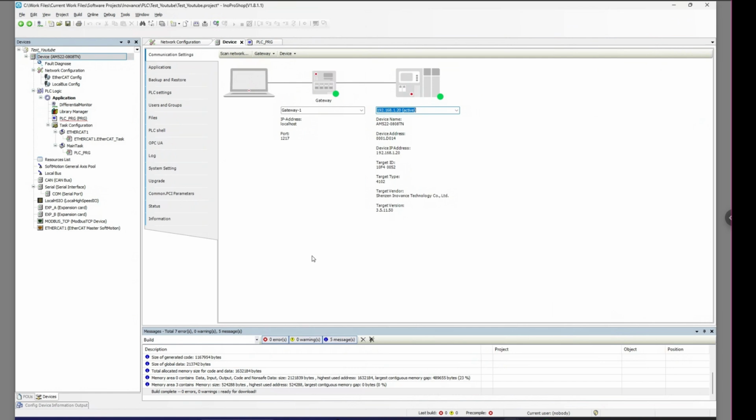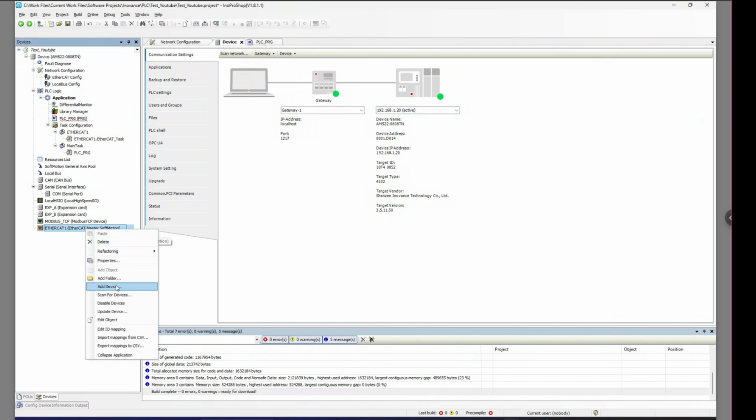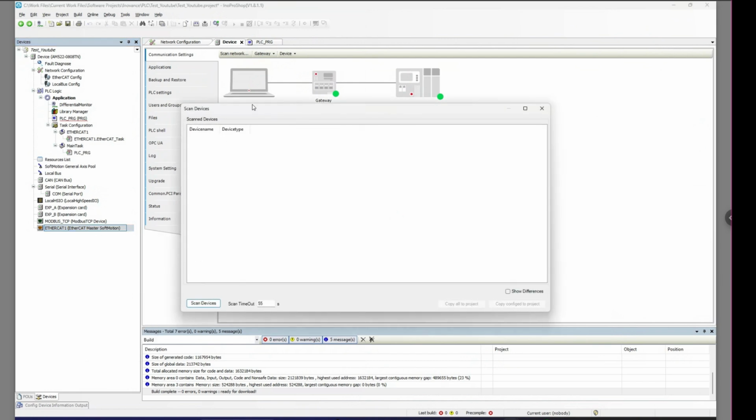Since we're using a single axis of motion in this application, I will either have to manually add that axis by right-clicking EtherCAT and going to Add Device, or we can alternatively, now that we have our project path set, do Scan for Devices. So to do this, we have to be offline from the PLC. So at the moment, we're offline. We right-click EtherCAT and do Scan for Devices, which will bring up our Scan for Devices window. Simply click Scan Devices at the bottom left,